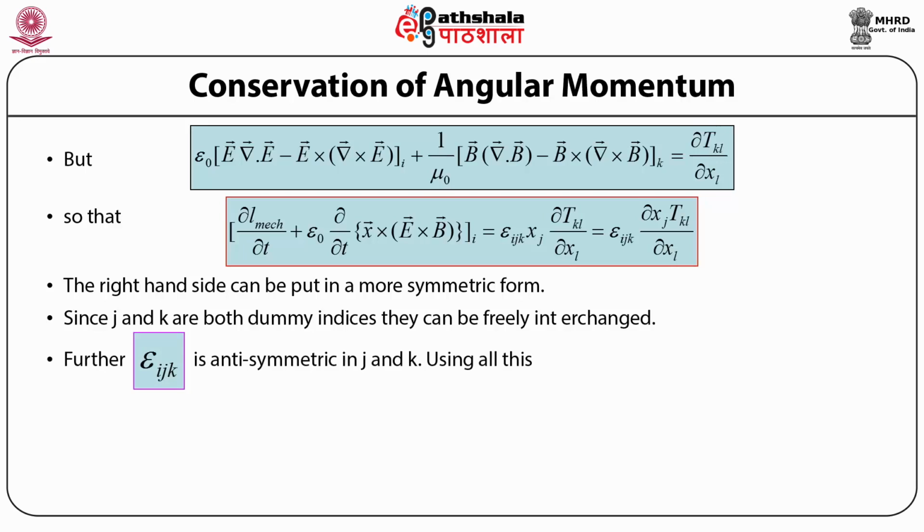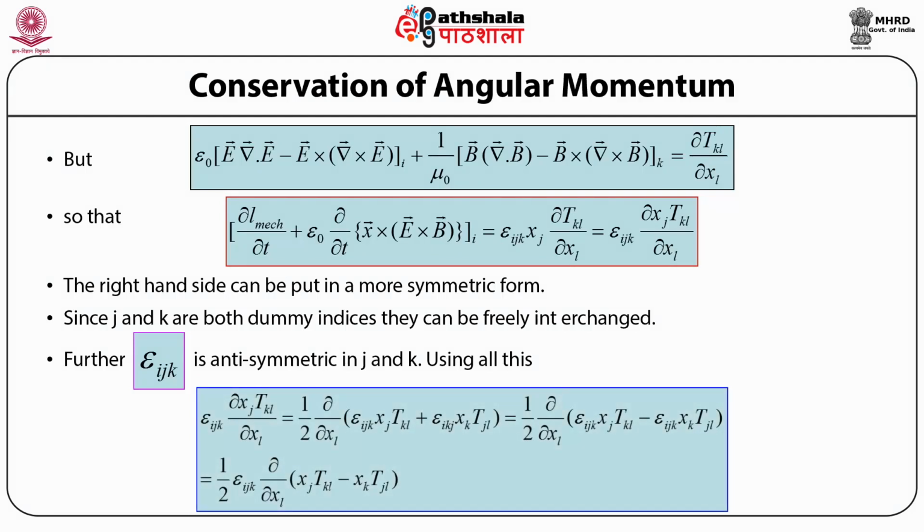So using all of this, we finally get the equation: permutation tensor epsilon subscript I subscript j subscript k times the partial derivative with respect to x subscript L of the jth component of the position x subscript j times the Maxwell stress tensor capital T subscript k subscript L, and this is equal